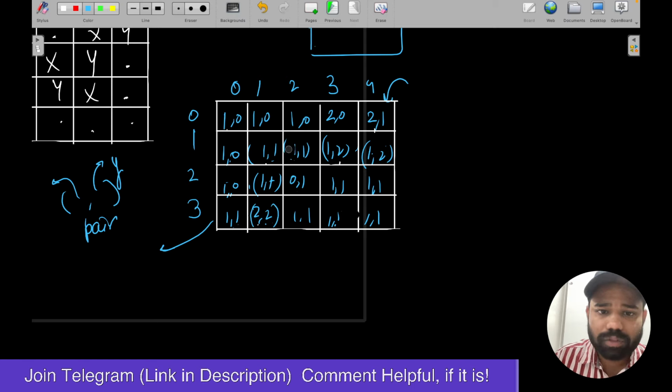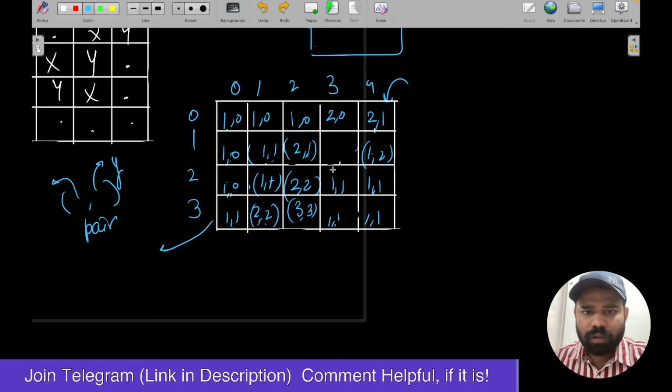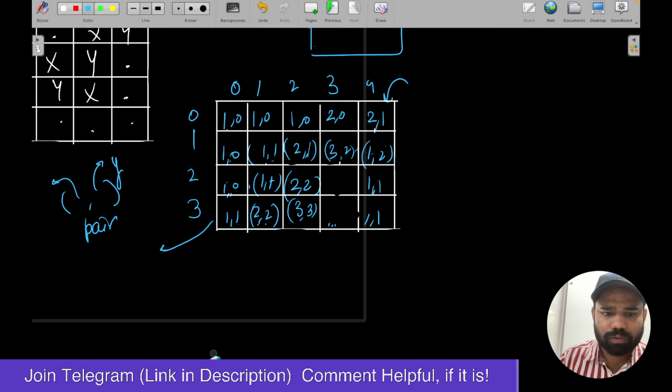Now this will become 2,1, ऊपर का 2,1, हाँ। Now this will become 2,2, this will become 3,2, 3,3. Now this will become 3,2, पहले क्या था, हाँ, it will be 3,2, then it will be 4,3 and then 5,4, so 4,3 5,4, okay। Now this will be 3,3 and this whole will be same 4,4 5,5, okay।